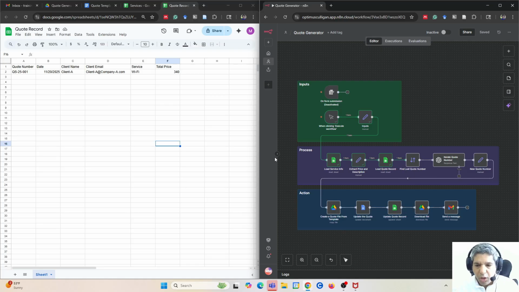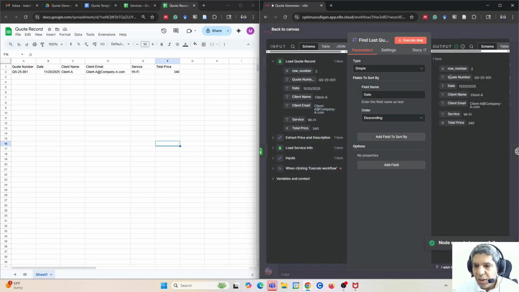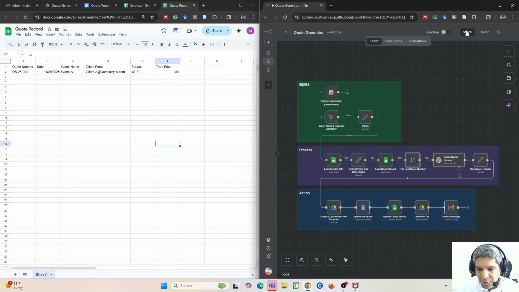You need to load all of them and sort them. So when you use a sort node, you will have the latest quotation that you generated. Now you have the quote number of the last one. What you can do with that, you can iterate it once more. But as you can see, I am using this format,